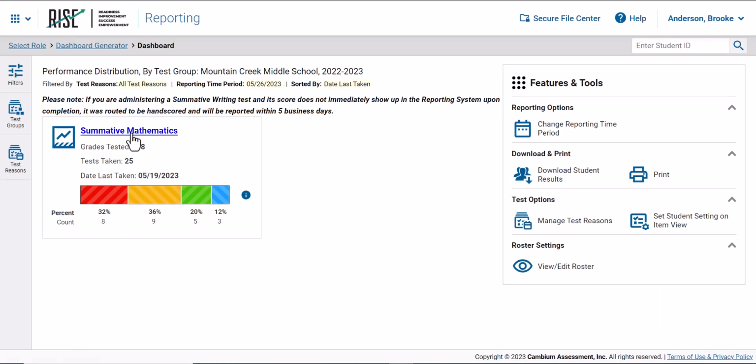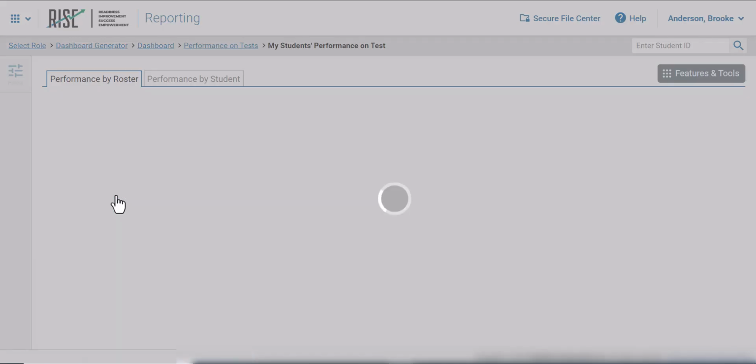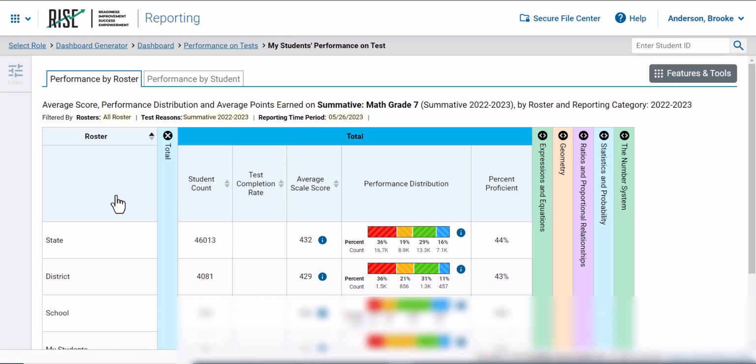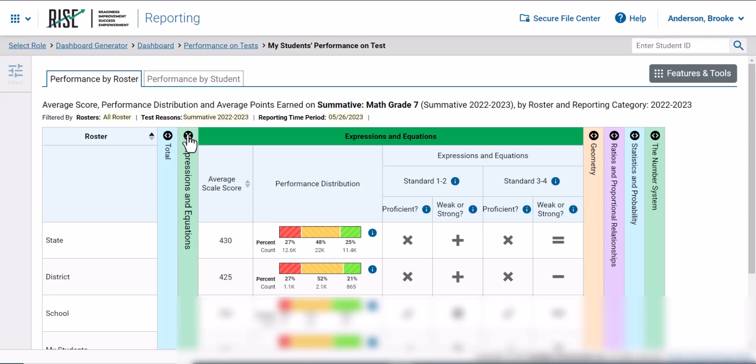I'll click Summative Math again. And I've got 3 tests here that I can view. I'll choose Summative Math 7. And now I can see my overall summary view. It will default to showing me the total, percent proficient, proficiency distribution, etc. But I'm going to close that and I'm going to open these different views for expressions and